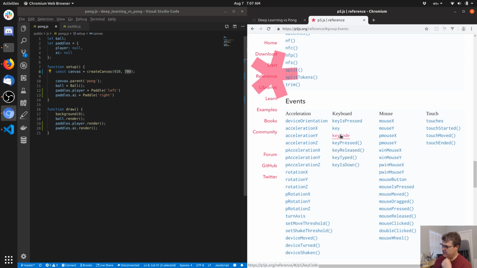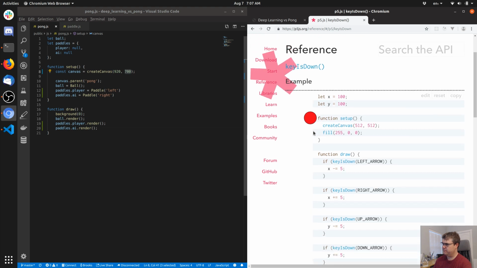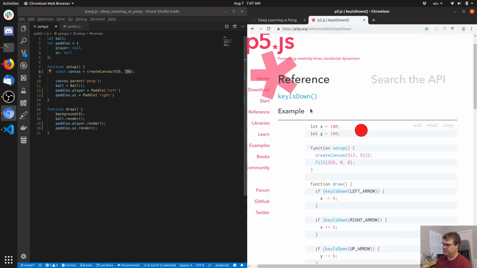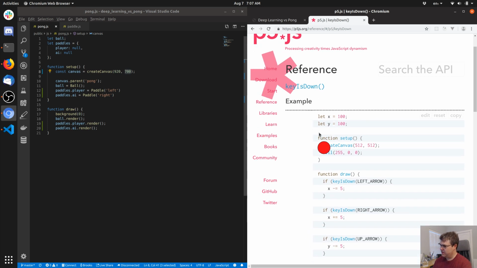So I'm thinking, let's see, there's key code, key is pressed, key is down. Oh, nice. They have a little ball that allows me to sort of play with it with my arrows. All right, so we have